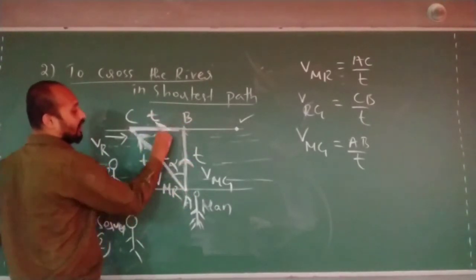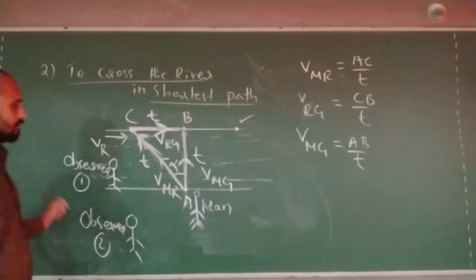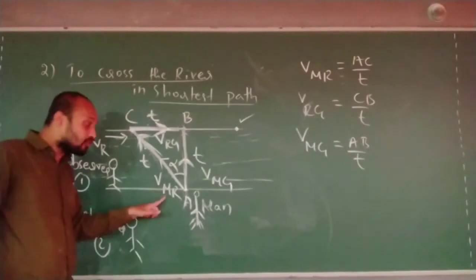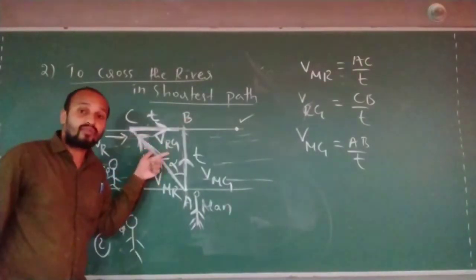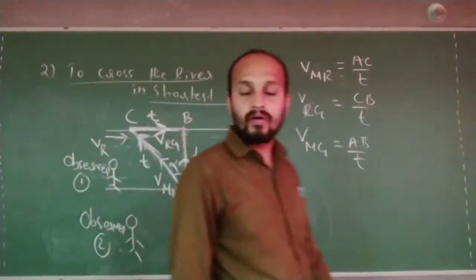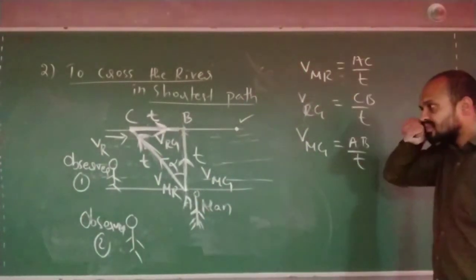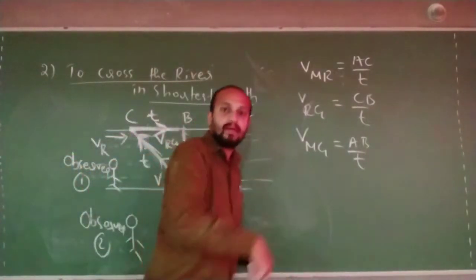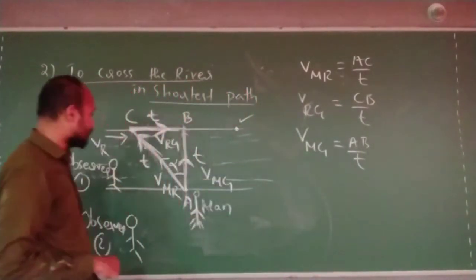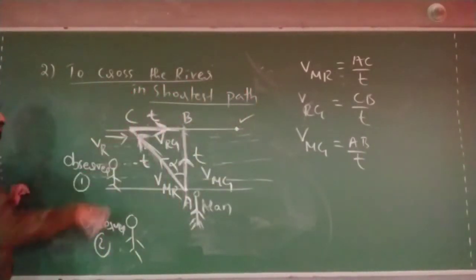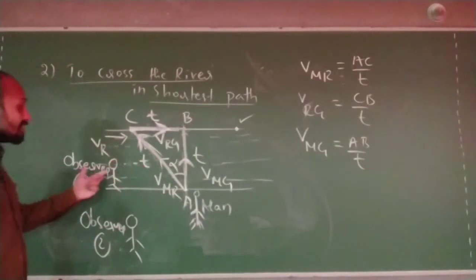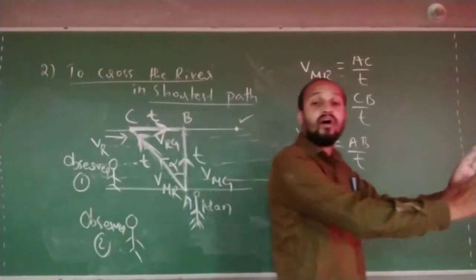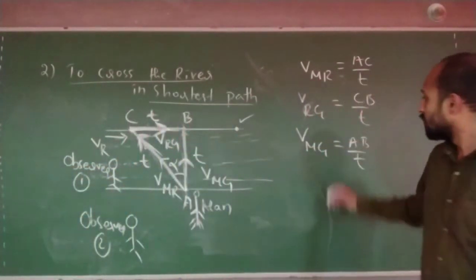So this will be the velocity of river with respect to ground. This is the velocity of man with respect to ground. This is the velocity of man with respect to river. This will be velocity of river with respect to ground. Yes or no? From the definitions, with respect to river means with river he is making still. With still water he is making that velocity. Are you getting that? That can be observed only by observer 1 who is also flowing with water.